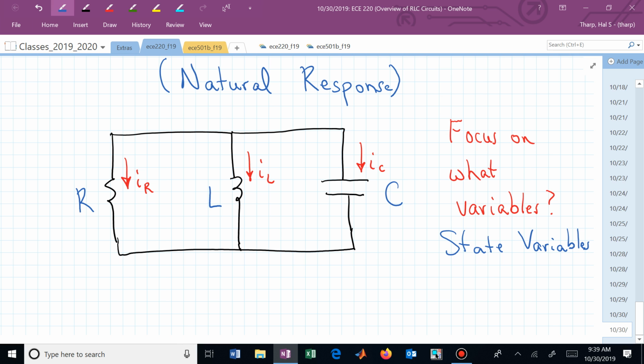Is it the resistor's current? Is that a state variable? No. What about the inductor's current? Yeah, that one's okay. What about the capacitor's current? That doesn't stay continuous, does it? That can change instantaneously. If we're interested in parameters relative to the capacitor, we may want to focus on its voltage. So let's now say that we have the capacitor voltage,